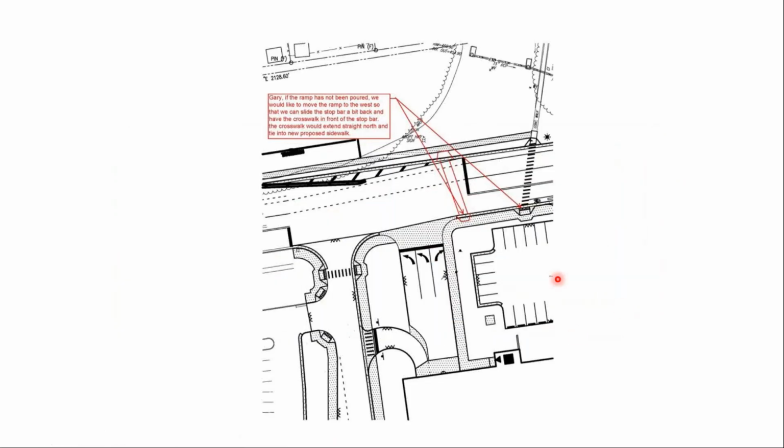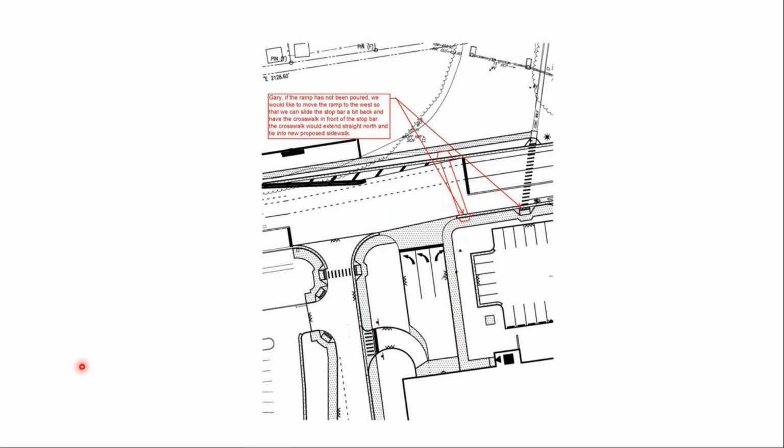So this is what the reviewer was proposing, that they take this out and put the crosswalk here, which I think we would all agree makes sense and really how it should be. Not only is it a right angle crossing, but it's downstream of the stop line, which is what the design practice would recommend, or design guidelines would recommend.